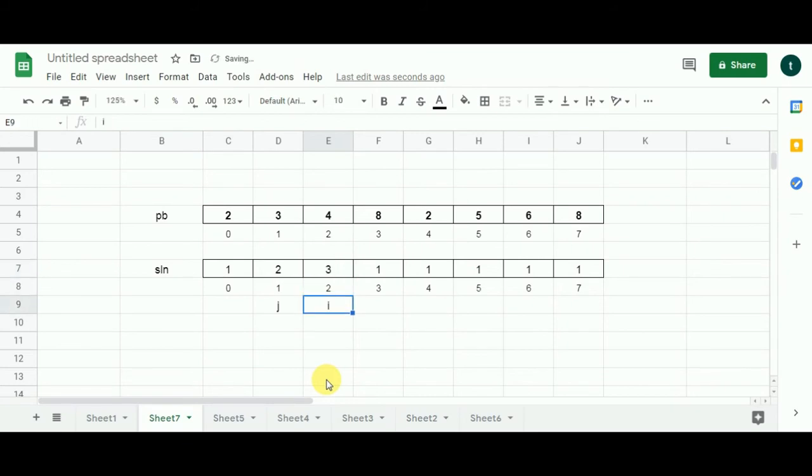Now i will move one cell to the right and j will get back to its base position. For this iteration of i, the value is 8, and this 8 is going to be compared with the value which we are going to get out of every iteration of j.